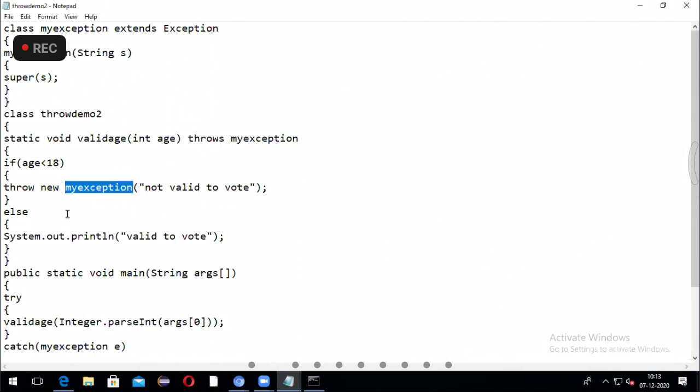You notice carefully, I did not use ArithmeticException or any predefined built-in exceptions. I am writing my own exception name. So earlier that ArithmeticException was already a subclass, but now this user defined exception class, my own exception class, should compulsorily become a subclass to the Exception class. So to do that, I am taking a class. Class name is MyException, and I am inheriting from the Exception class, extends Exception. So this is going to become